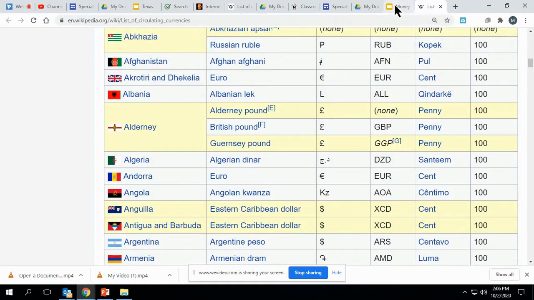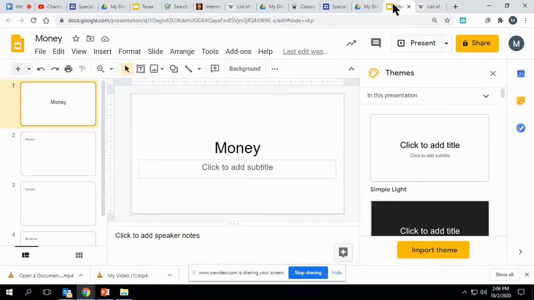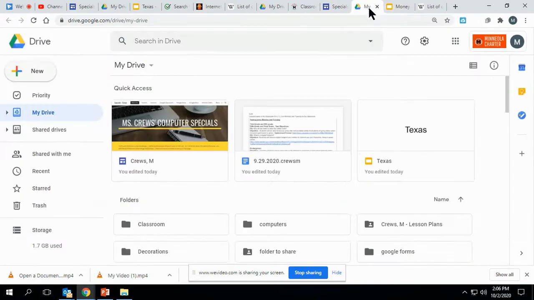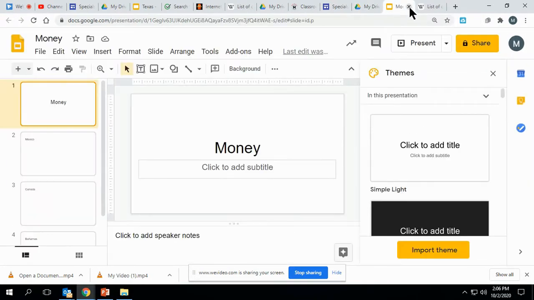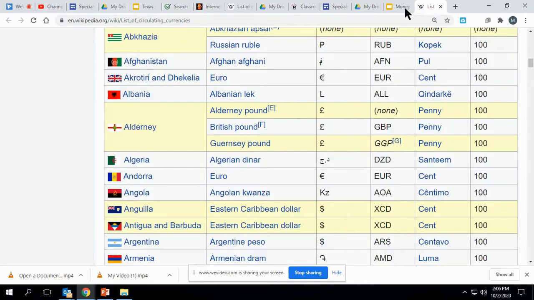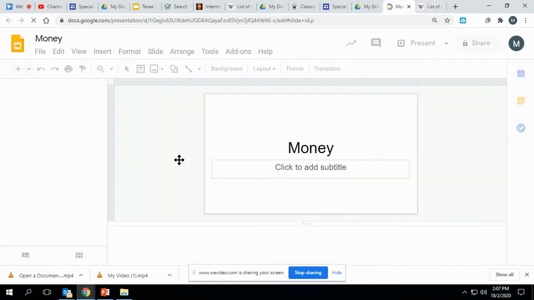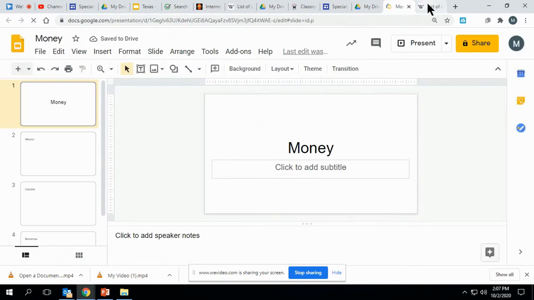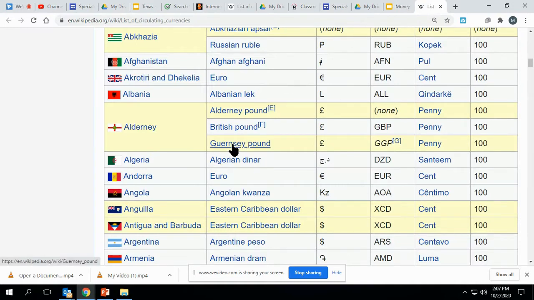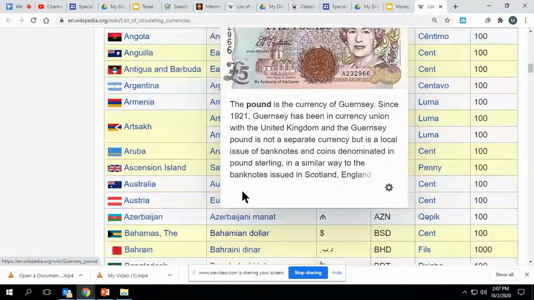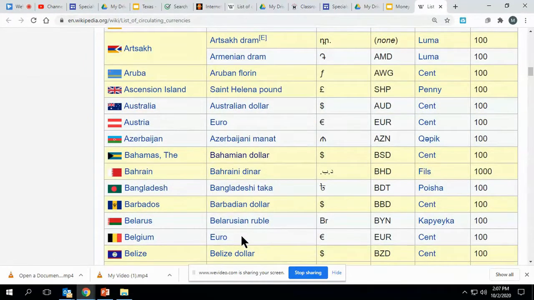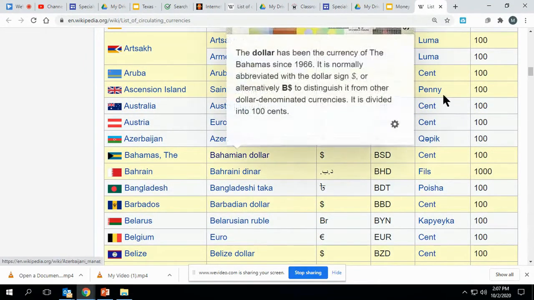So now what we're going to do is we're going to go back between money and list of circulating currencies. We do not want to click the X's because then we have to get our Google Drive stuff up again. Okay, so we're going to go back and forth. Up, and there it is. Okay, in here in list of currencies, you will go through and find first one of the pages that we